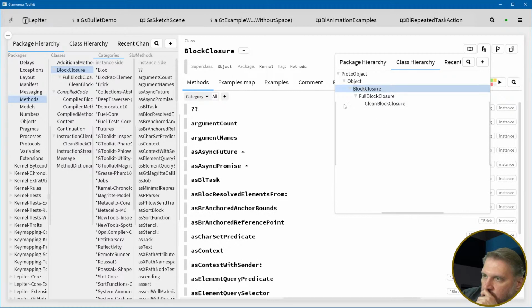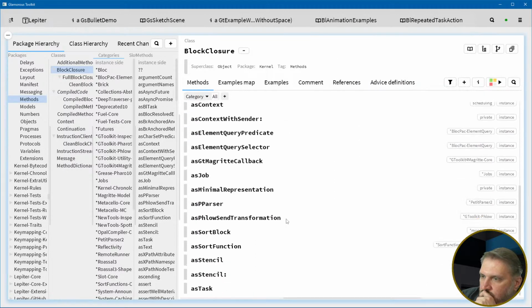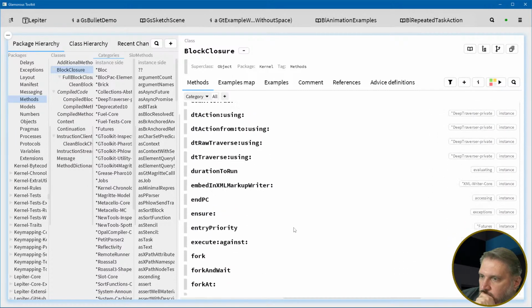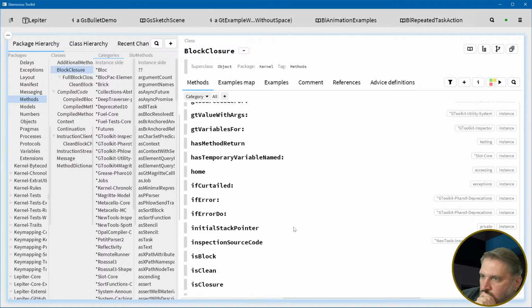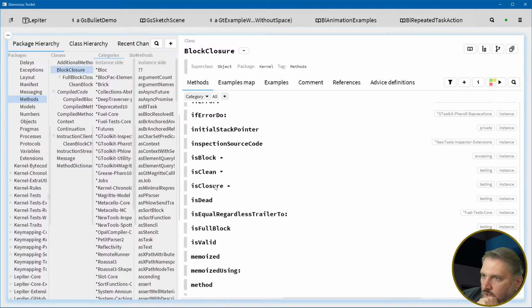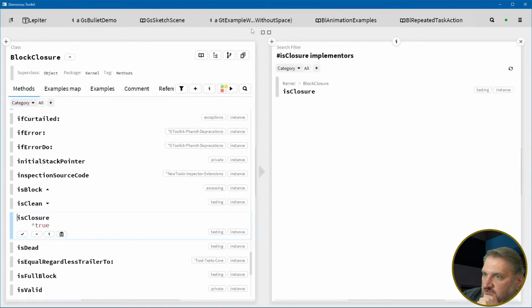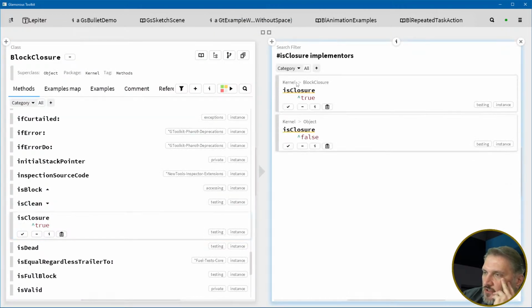Closure. Okay, so is closure. I want to browse the implementers of this and see if anyone. Okay, so only a block. Okay, so